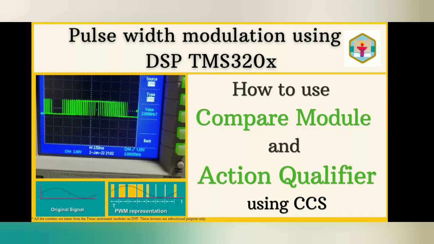In this video, we are going to explain how we can use the compare module and extend qualifier units using the Code Composer Studio, and how we can assign the compare module and extend qualifier registers using the Code Composer Studio. With the same, we will implement the pulse width modulation scheme using the